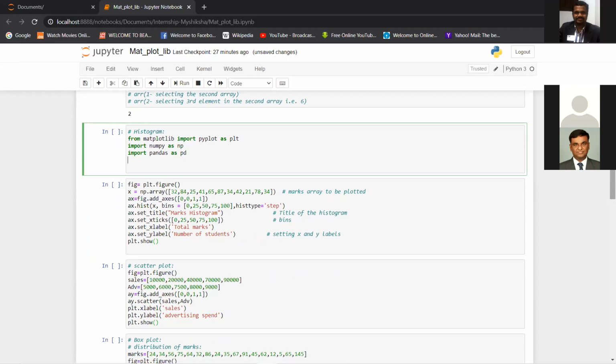Based on the relationship, we select a particular algorithm, and we will see one of those algorithms today. What is essential for that algorithm to be selected, we can see using visualizations. So selection of a machine learning algorithm directly depends on the relationship between some of the attributes you have in the data.